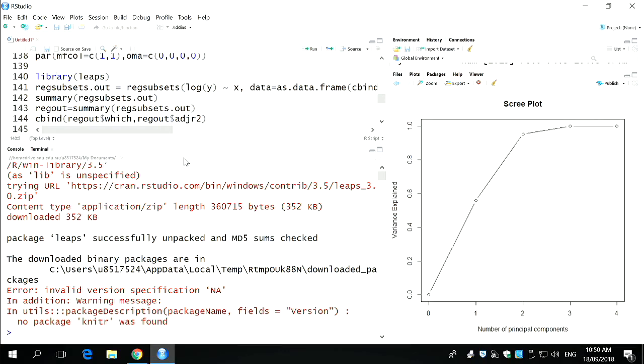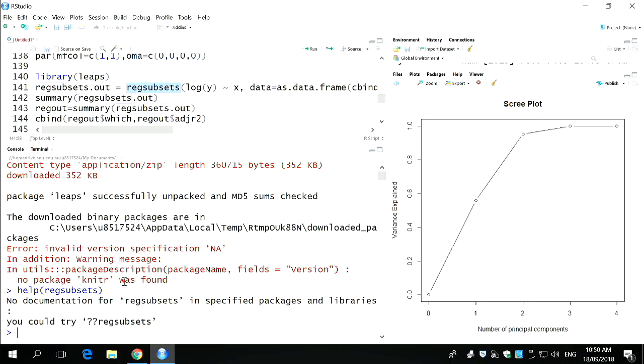There, done. Okay. So, what is the command in leaps? The command in leaps is regsubsets. Regsubsets, okay? Stands for regression subsets. So if I go help regsubsets,